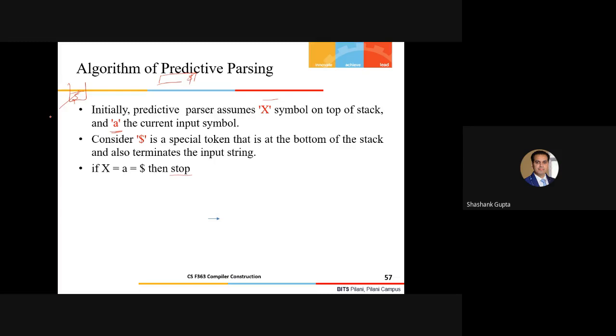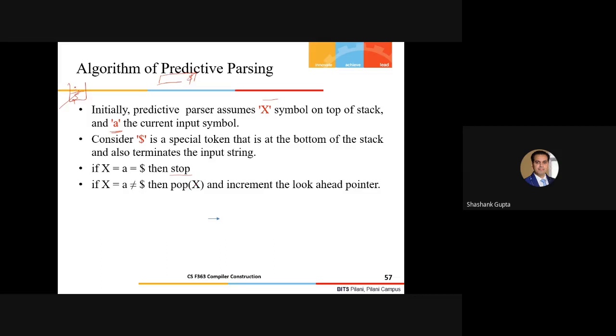Fine. What are the other possibilities? If X is equal to A and is not equal to dollar, that means any other token, any other terminal symbol, then what we were doing last time is we immediately pop that symbol X. Here X is a terminal symbol, or a token, on the stack.